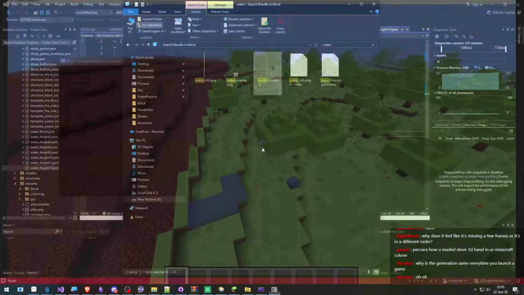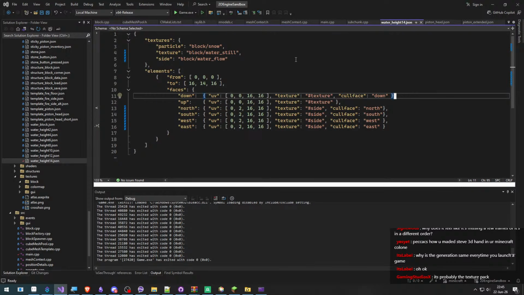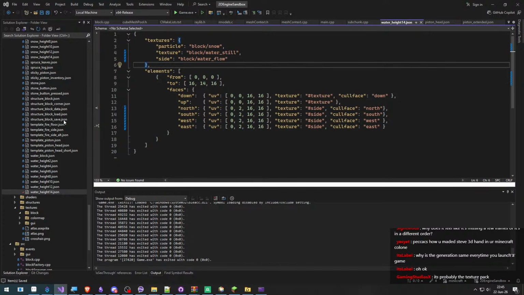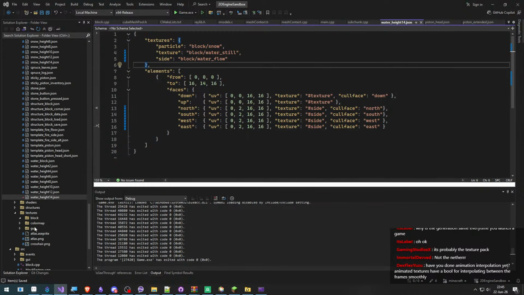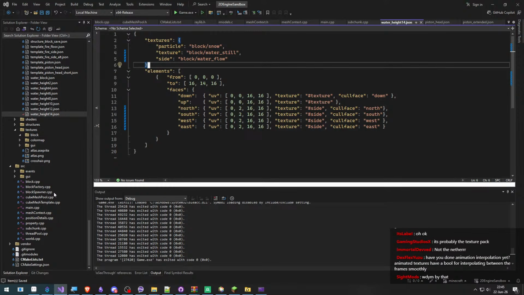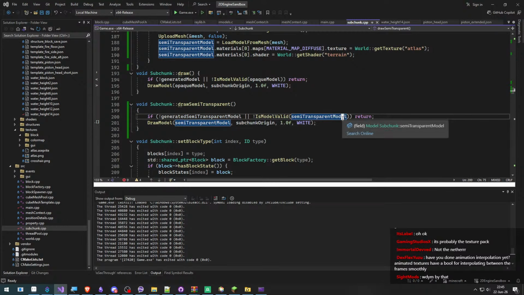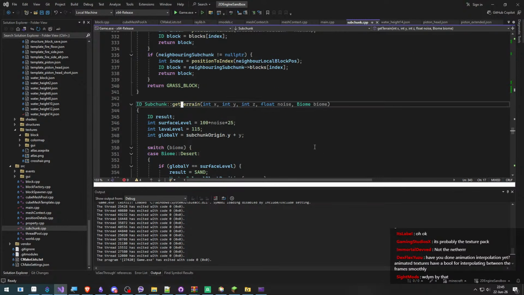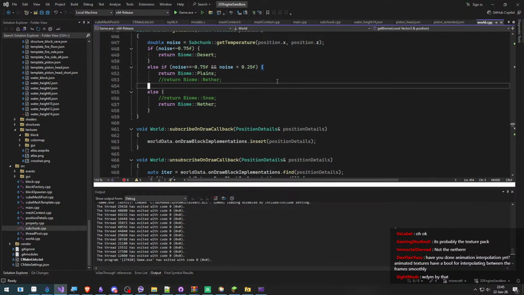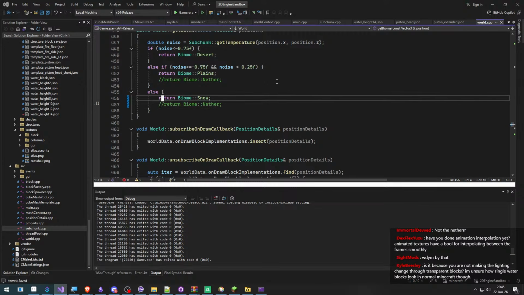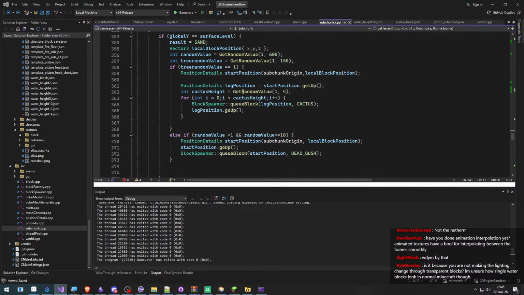Let's remove the nether. Not the nether. No interpolation. Terrain here. Get biome here. Let's remove the nether and return the snow. And for here getting terrain, let's